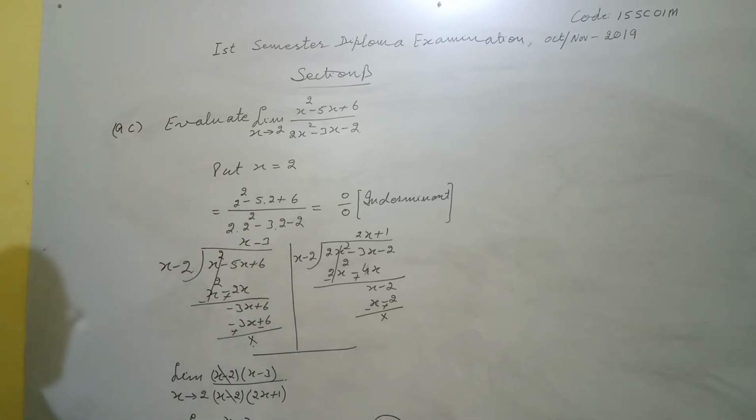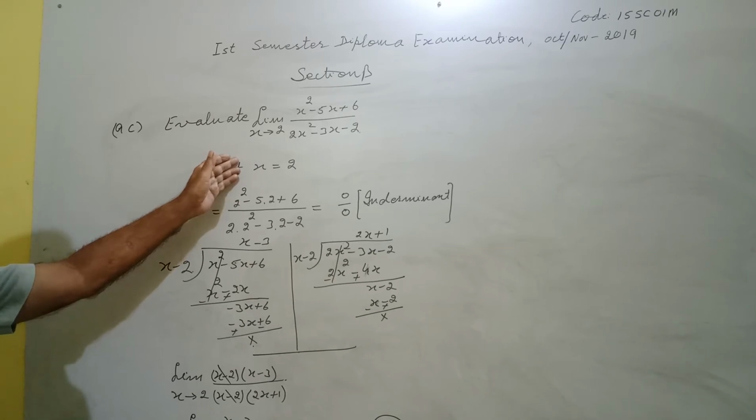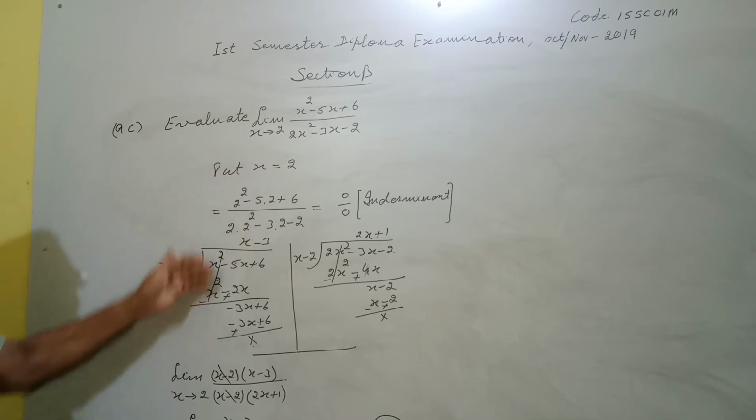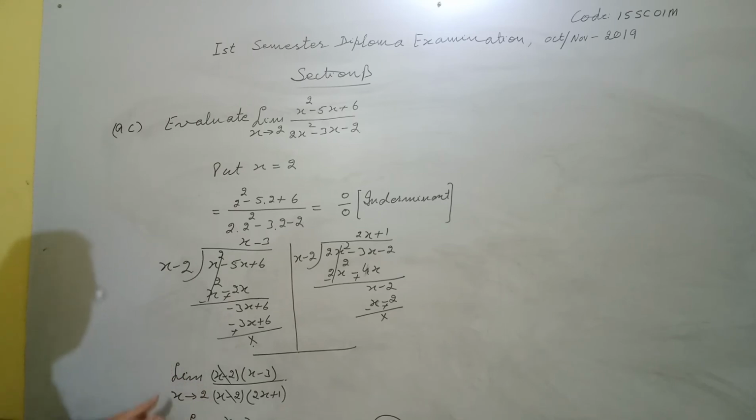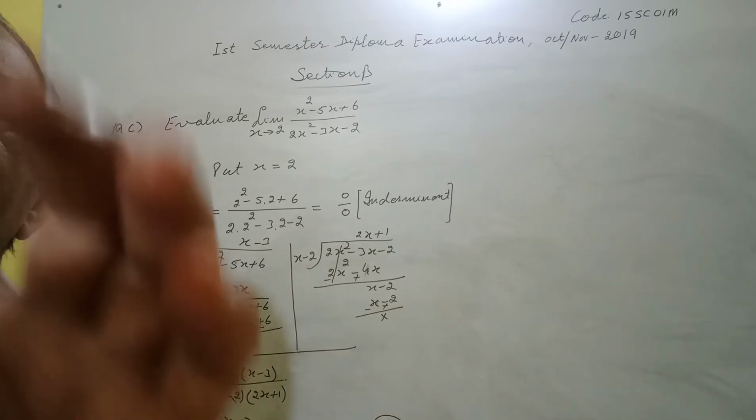So just see, when you are getting 0 by 0, means indeterminate, we have 3 methods. So here in this method, when the limit approaches is given to be 2, transpose to the left. Then with x minus 2, divide the numerator and denominator. After dividing, put it in the factors. X minus 2 we can cancel. Whatsoever is left in this, put limit x equals 2. So after putting x equals 2, overall we are getting minus 1 by 5.